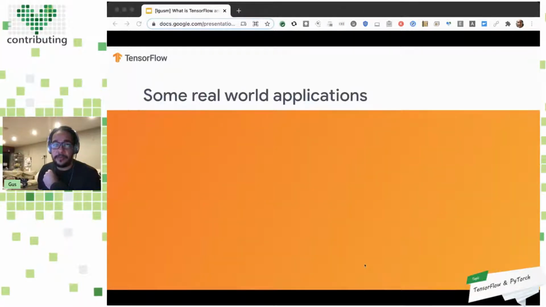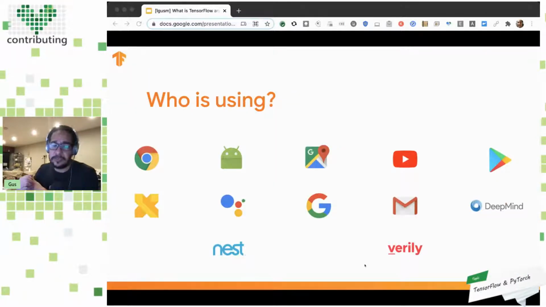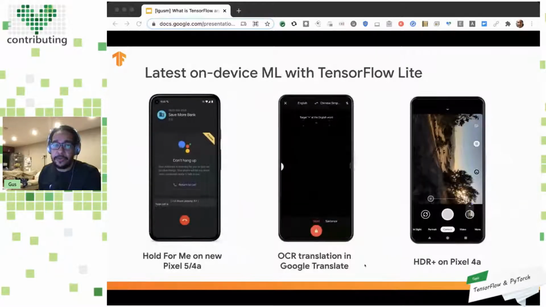Let's take a look at some real-world applications and where people are using machine learning these days. Of course, Google uses that in a lot of places. Maybe the most common use of machine learning is Gmail with the spam filter. We have, of course, recommendations. We have battery analysis on Android to help you get more from your battery. We have a lot of things. I'm not going to go into details on those. Of course, Google Search has a lot of machine learning behind it. Assistant, of course, but there's a lot of apps using it. Let's take a look at 3 of them.